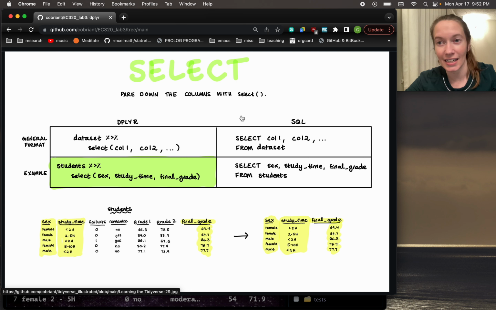So sometimes you get a data set and it has 50 variables in it, and it's just way too big. You're not interested in using all those 50 variables. You're interested in using 3 of them. So you would select just the 3 that you want. And then